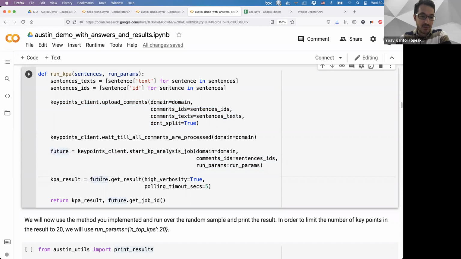And we then use this future to wait for the results to be finished and save the results in a parameter called KPA result. Therefore, when we return the result, KPA result should be defined. I guess that if it's not defined, then there is a problem in this line. If you need additional time for section number 2, please let me know, either directly or write to everyone in the chat.